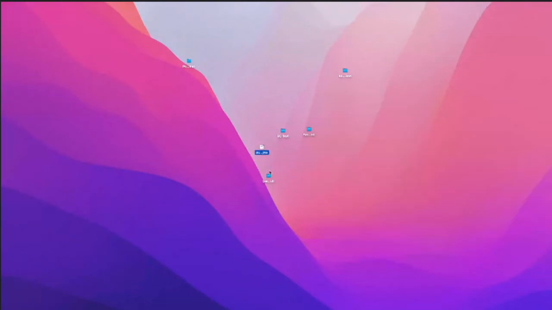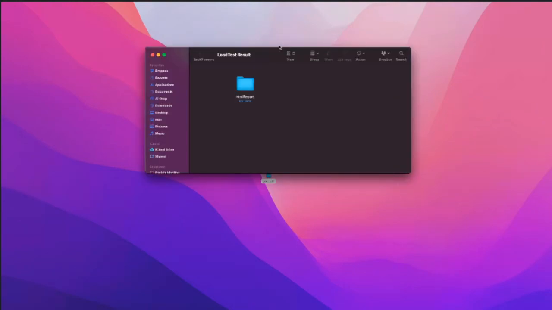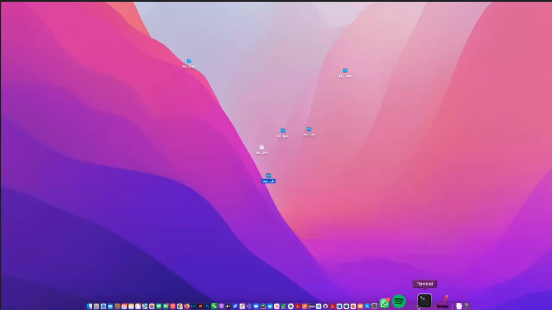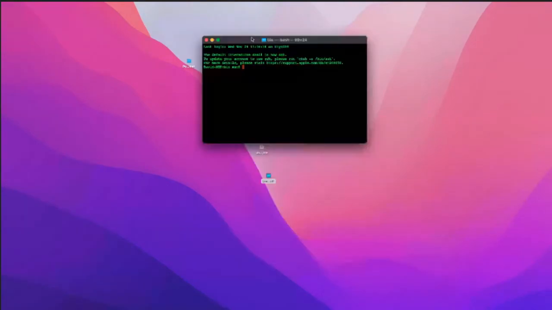After that, open a folder and name the folder load test results, and inside the folder, open another subfolder and name the folder HTML reports. Once that is done, go to your command line, or your command prompt or terminal, where you have your bin, when you are running your bin from terminal. So once you are there,